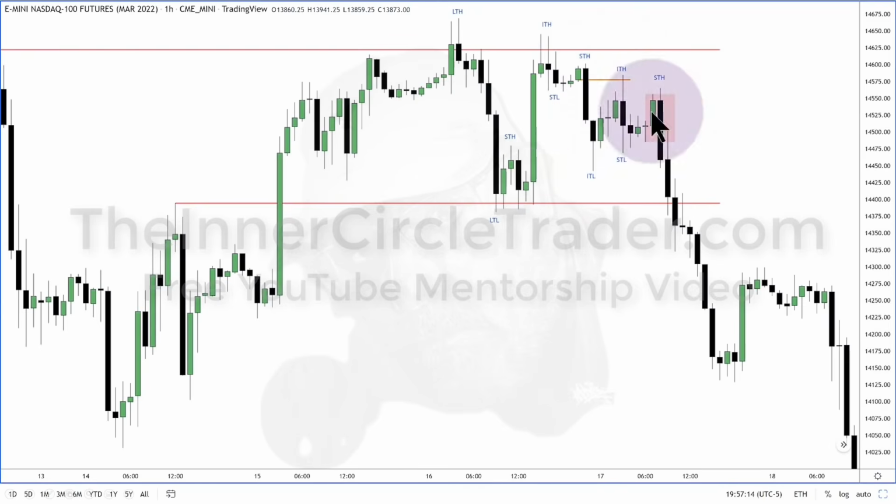So what's forming here? A pennant or a triangle pattern, right? How do you know which side's going to break out? The market has traded higher and then consolidated. We failed to go above this important high back here. That's a long-term high. Then we have an intermediate term high.